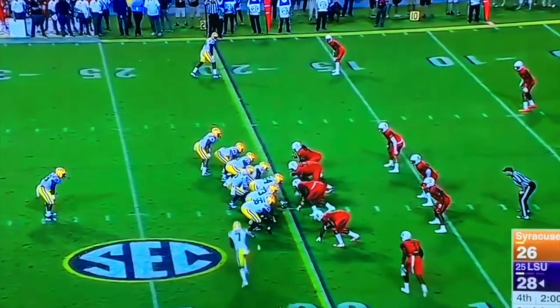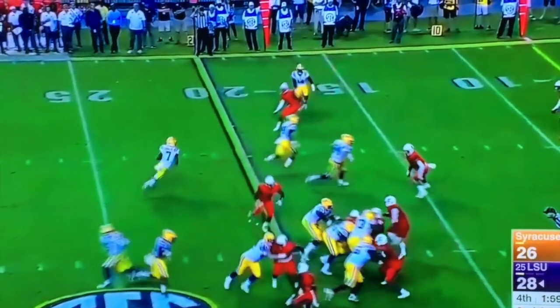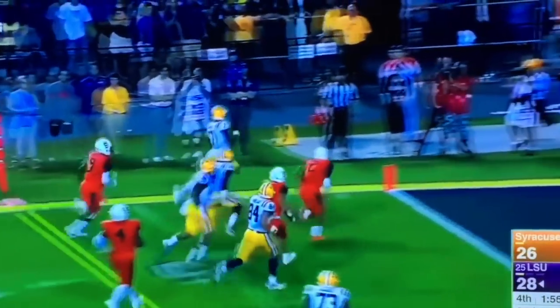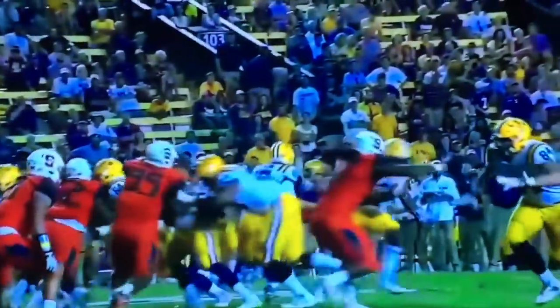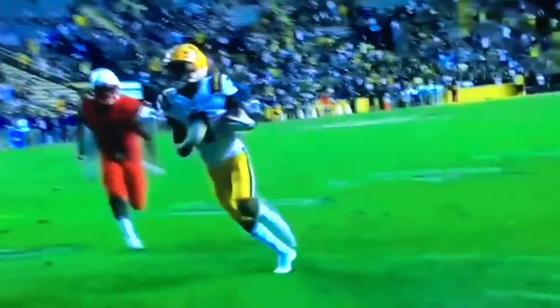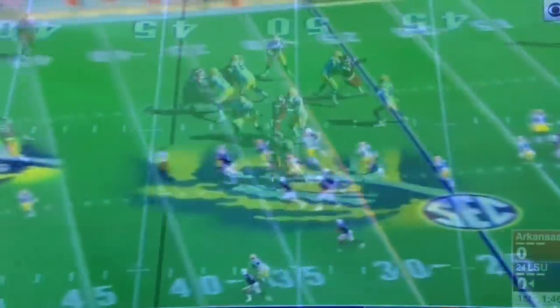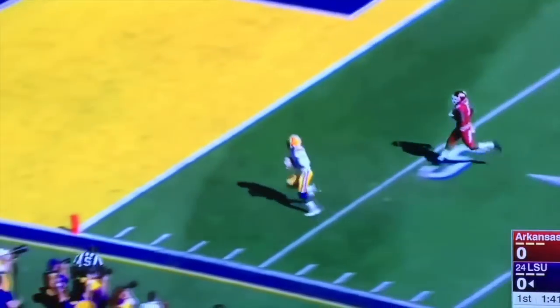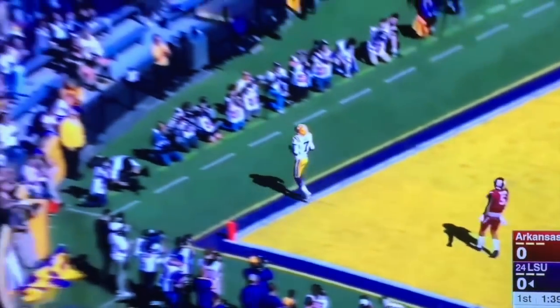Second down and 13 for the Tigers. Hetling under center. Chark in motion. Here's the jet sweep far side. Nice move by Chark. Gets around the edge. Touchdown, Tigers. DJ Chark had the runway cleared and a gain of 20 on the score. Snap, 2nd and 9. Hetling airs it out near side. Got a man, Chark open. Caught at the 8-yard line. He's to the 5. He's into the...